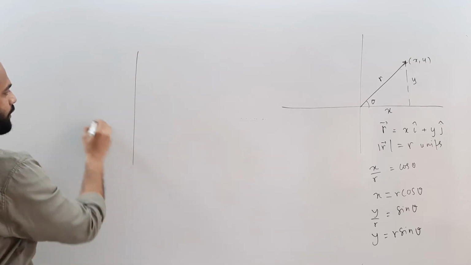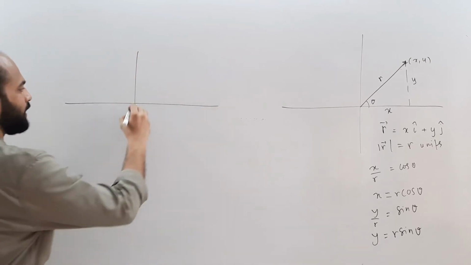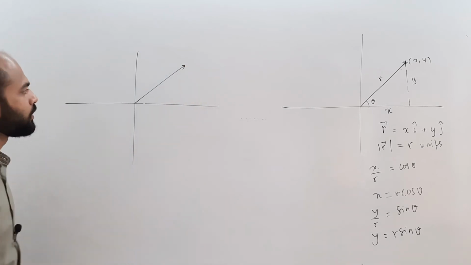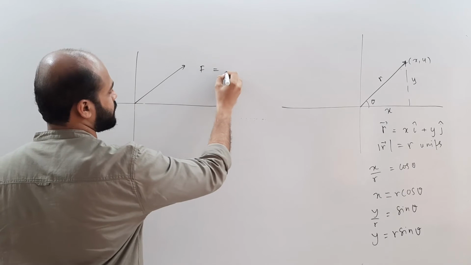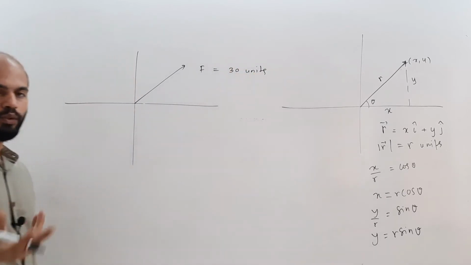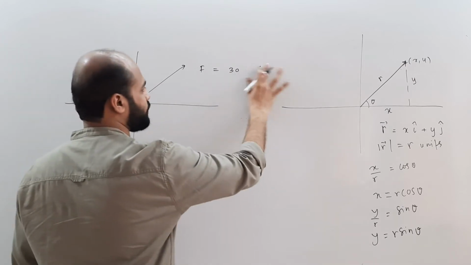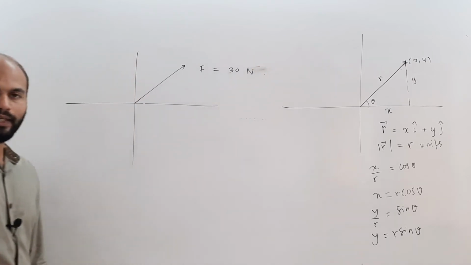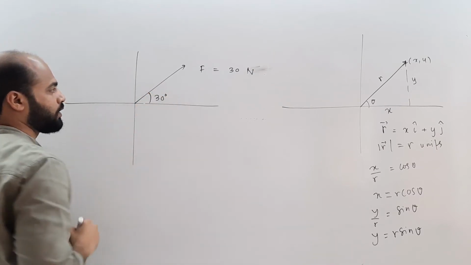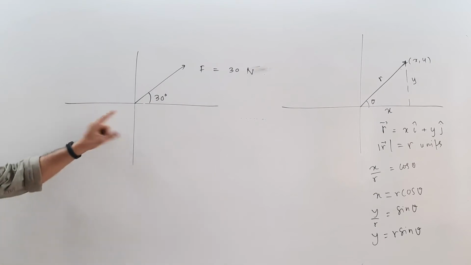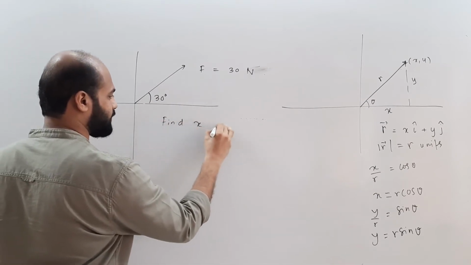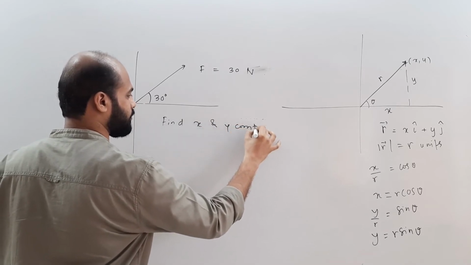Let's take another example. Let's say there is some force acting on a particular object, and this force is given as 30 newtons. The unit of force is newtons, hence we will take it as 30 newtons. And 30 newtons is acting at an angle of 30 degrees. If that is the case, then we'll have to find x and y components of